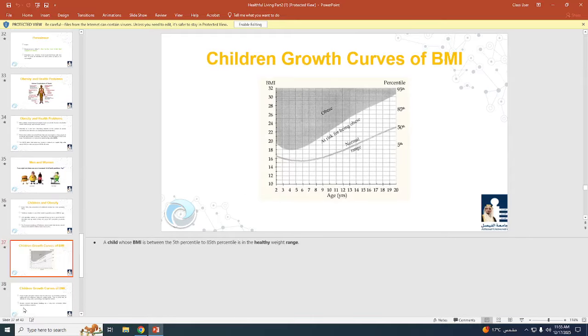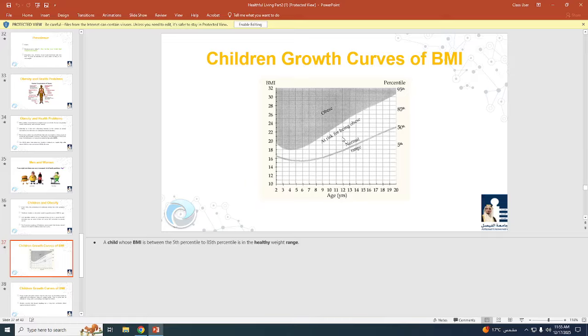Above 0.8 for females, and this is the children growth curves of BMI. Those are very important. I'm going to give you a 12 years old child and his BMI. You're not going to calculate the BMI, I will give you the BMI. BMI, for instance, is 20, and he is 12, for instance. And then you need to know whether he is obese.